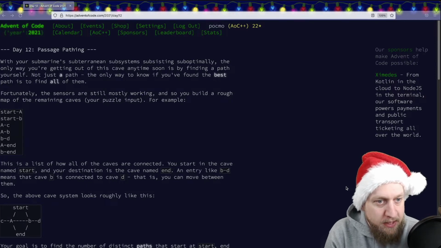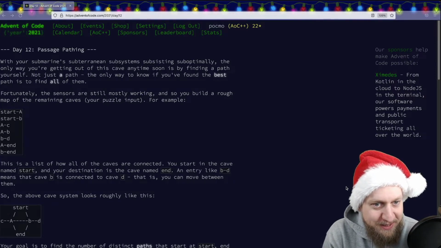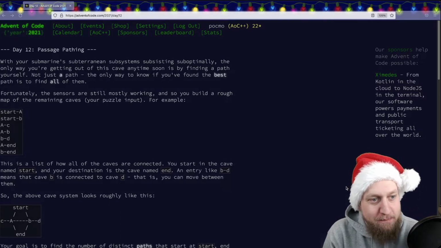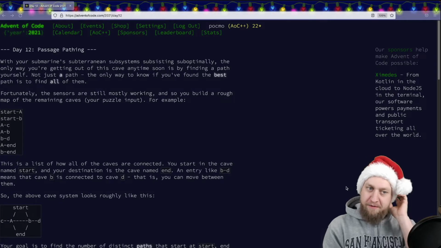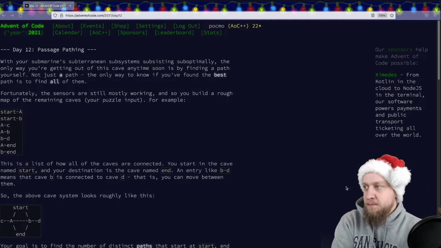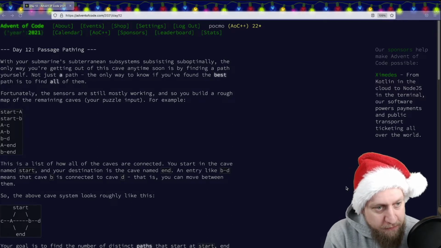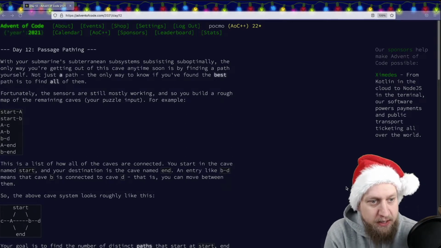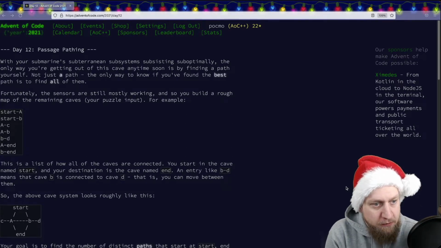With your submarine, subterranean, subsystem, subsisting suboptimally, the only way you are getting out of this cave anytime soon is by finding a path yourself. Not just a path, the only way to know if you found the best path is to find all of them. Okay, path finding apparently. Fortunately, the sensors are still mostly working, and so you build a rough map of the remaining caves, your puzzle input. For example,